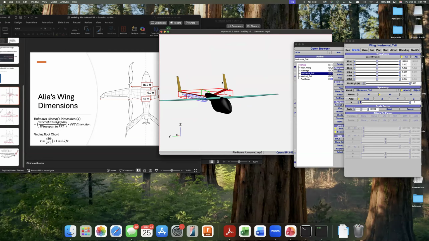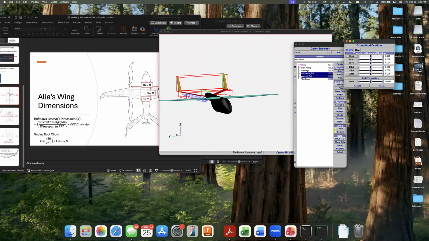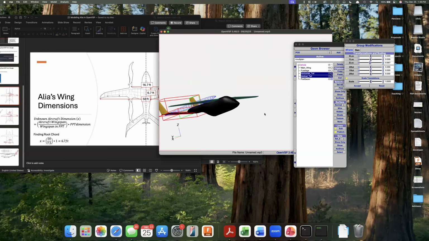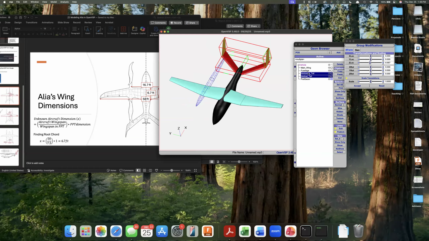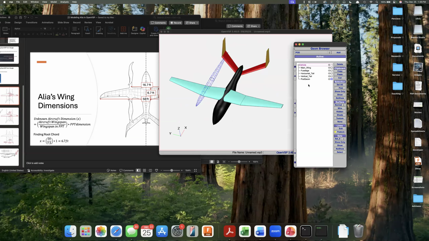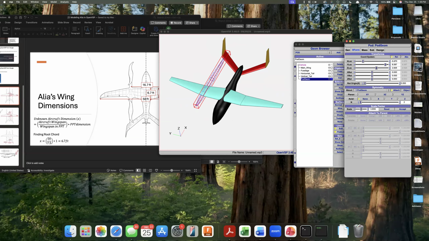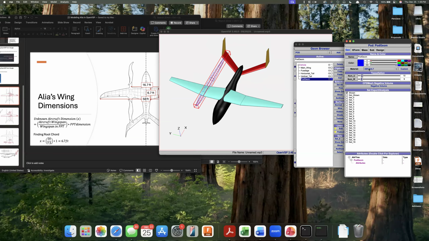But once again, for these purposes, I'm not going to worry too much. So there's my pod. Once again, I just modeled it without actually doing any calculations,